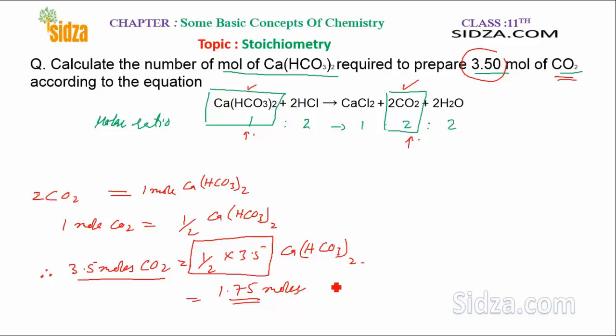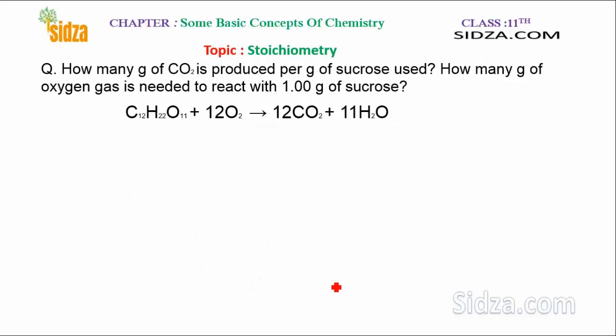Okay, so let's take another question here. How many grams of carbon dioxide is produced from the 1 gram of the sucrose from this balanced chemical equation? So by the combustion of sucrose, I get carbon dioxide and the water, and the molar ratio, what I find here is the molar ratio